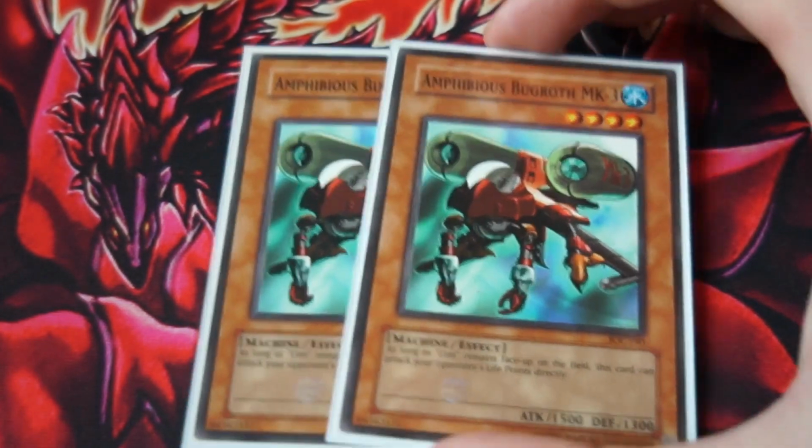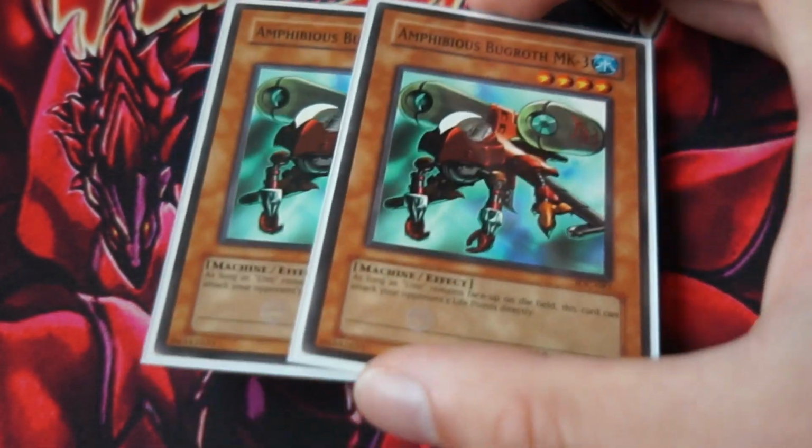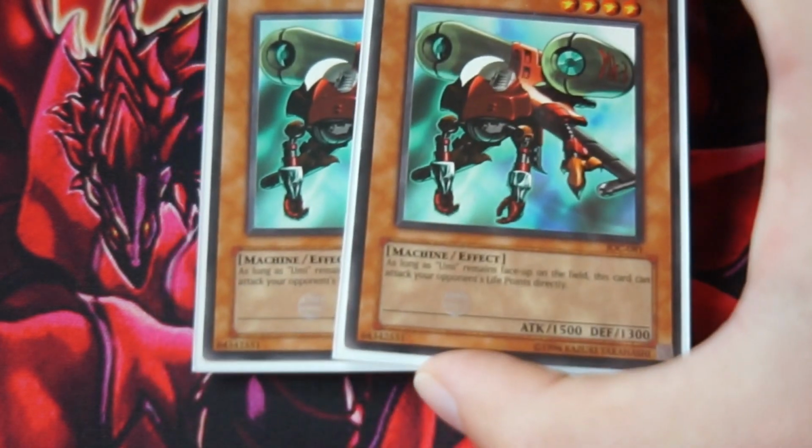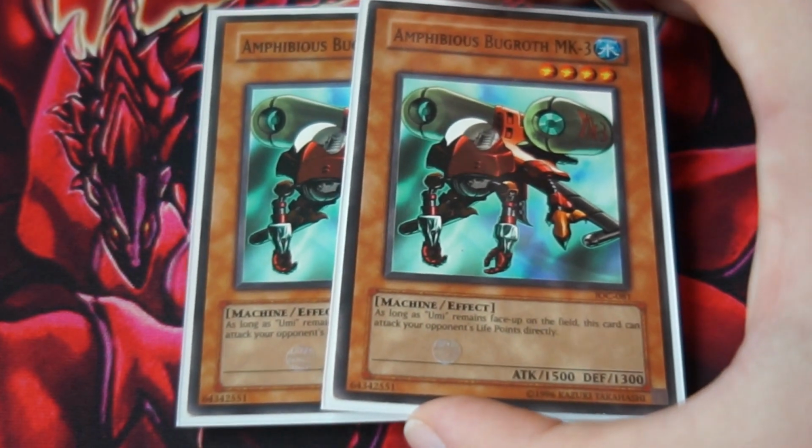Amphibious Burgeroth, I think is how you say its name, MK3. I've seen a whole bunch of different water monsters, but pretty much the first couple water monsters I showed you, outside of maybe Giga Gaga Gigu, are pretty standard for the water deck for GOAT format. After that, you get to pick what you think you should use. A lot of the times people just use pretty much the standard GOAT format monsters, and I definitely think this guy is, as far as other water monsters go that aren't any of the ones I just named, probably the best one,